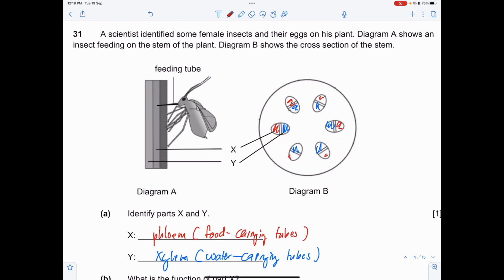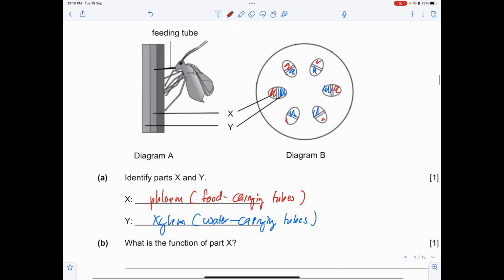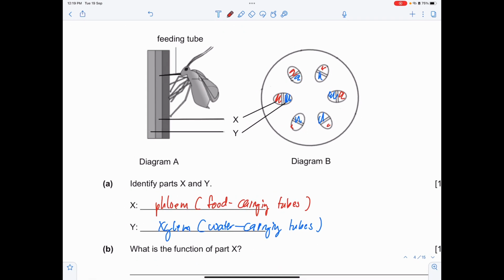So how do you actually recall? Remember, a human can survive about a week without food, whereas a human can only survive, I think, about 3 days without water. So water is more precious, so it needs to be protected, hence it's located inner. Whereas for food, you can do without. Also remember, for a plant, water is more precious than food, because as long as there's water, the plant can photosynthesize and make its own food. So no big deal, even if its food carrying tubes get cut, unless it got cut at the point whereby